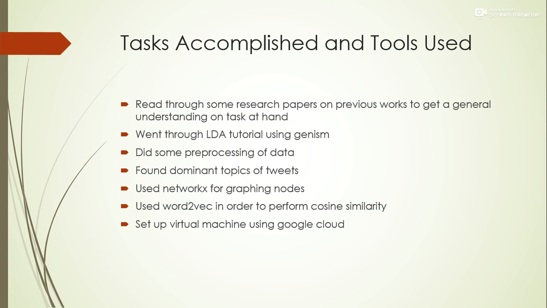There was an online Jensen tutorial regarding LDA that was written in Python. This was tested out using Twitter data. Twitter data was gotten from an online archive. The data was then pre-processed, removing stop words, as they have no use when trying to determine topics. Non-English words were also removed from tweets, using the LangDetect library from Python. Lemmatization of words was also done, in order to get the base form of each word.